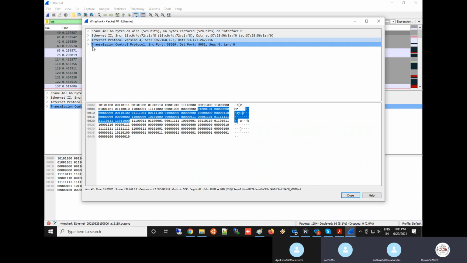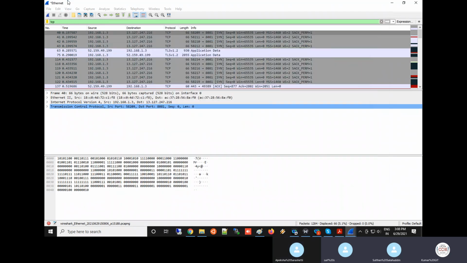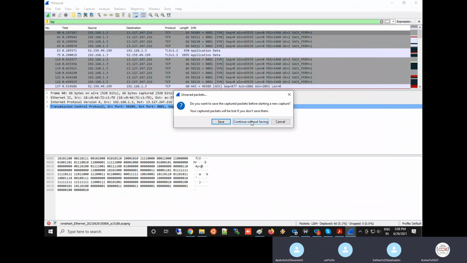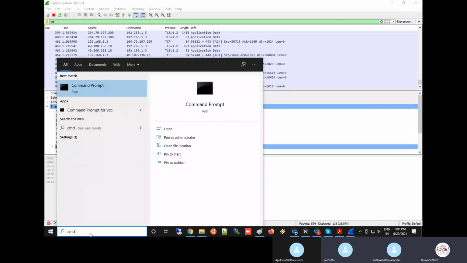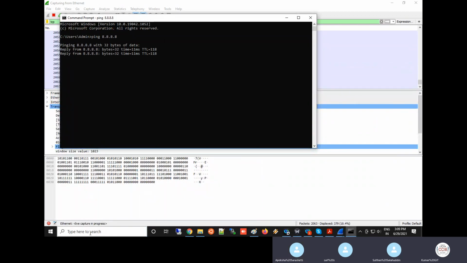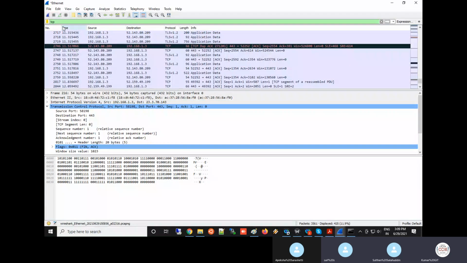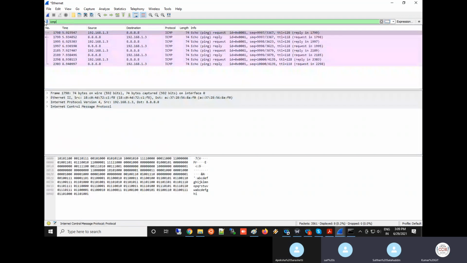So what data am I sending now? For example, I'll do one function for you. Then you can see one application I'll run. I'll start a new application. I'll just do one small ping. What will ping do? Ping will check the connectivity. L1, L2, L3, L4 connectivity it will check. Now how is it checking? It is sending an ICMP packet. ICMP request and the reply will come. Now 192.168.1.3 is my PC IP address, pinging to 8.8.8.8.